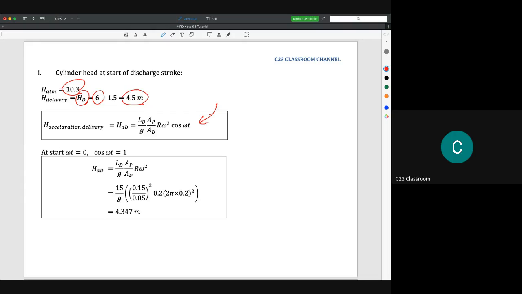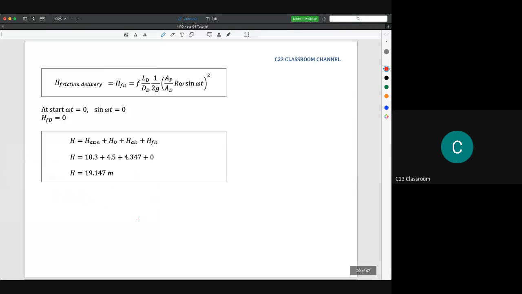Okay, then we substitute everything, and we get the acceleration head for delivery as 4.347. Then we can calculate the friction in delivery. Again here, we cannot use the average value because we have the location, meaning we have the crank angle. So we need to substitute that angle. And we cannot use the idea of flow in pipe, meaning we cannot use the equation for major loss, because there is no air vessel in this system. If we calculate everything, we find that the absolute head at the beginning is